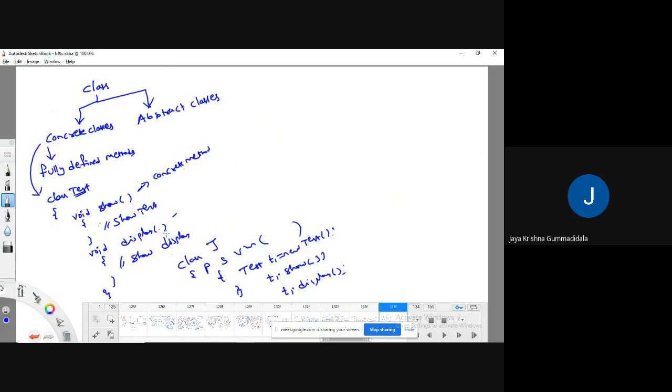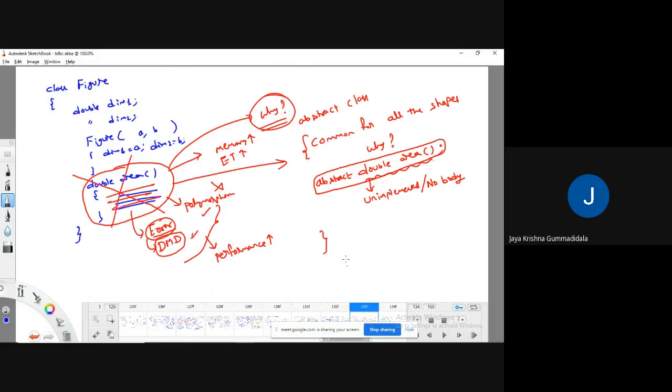Meaning that all the classes we have seen up to now belong to concrete classes only, where every method used is an implemented method. For every concrete class, I can create an object directly and call those methods with respect to that object. Okay, fine.